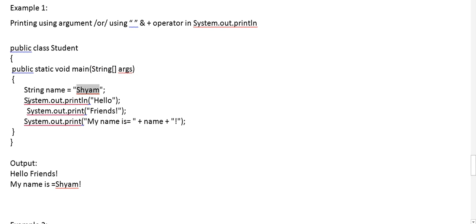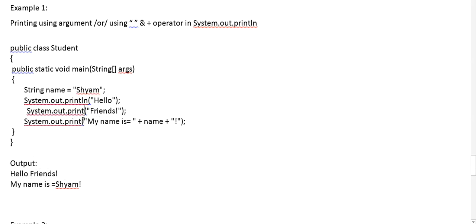Then we have printed the value hello, so it will directly print hello. Then we have printed the text friends. You can see there is no new line between these two, because the first one is a print statement.